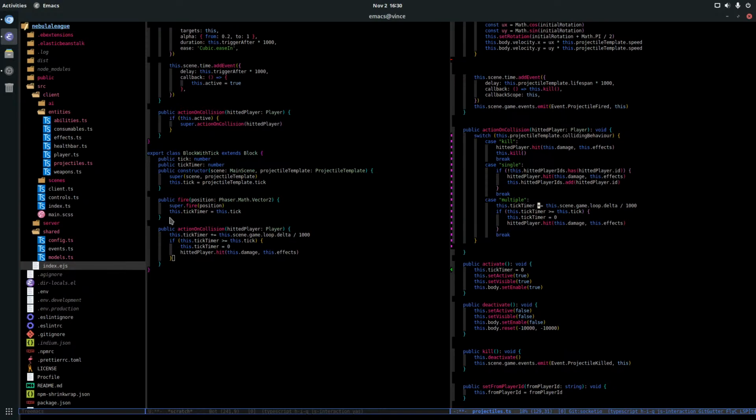I put the timer with the tick, so it's already... yeah, okay, I understand what I did. So it needs to be, and that it resets to 0. Okay. This tick.